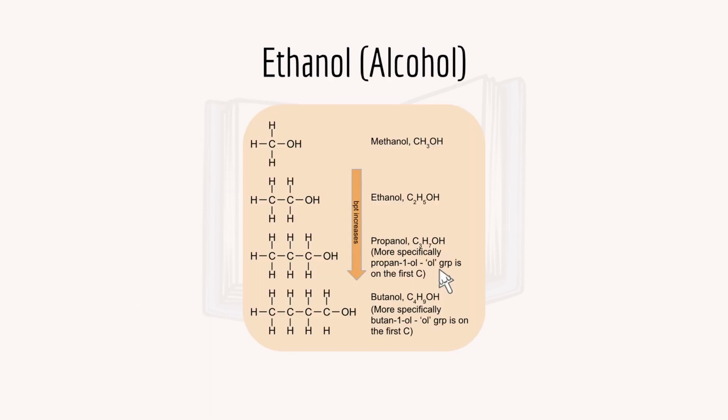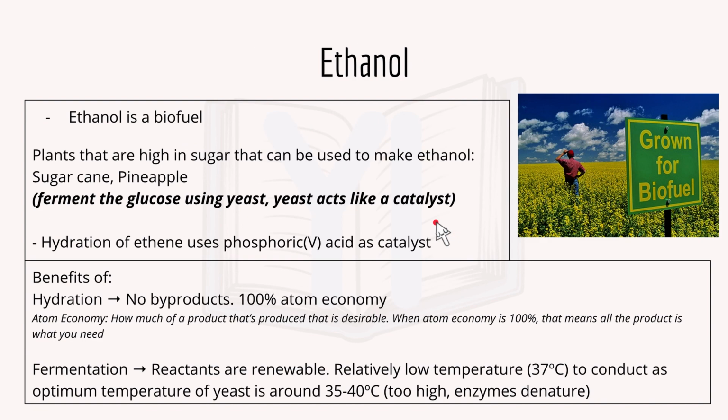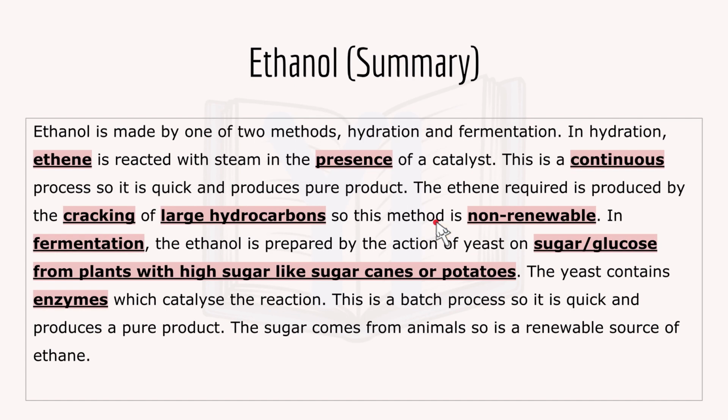So move on to alcohol. We have methanol, ethanol, propanol, butanol, because ethanol is one of the alcohol groups. It belongs here, C2H5OH. And then here's the ethanol